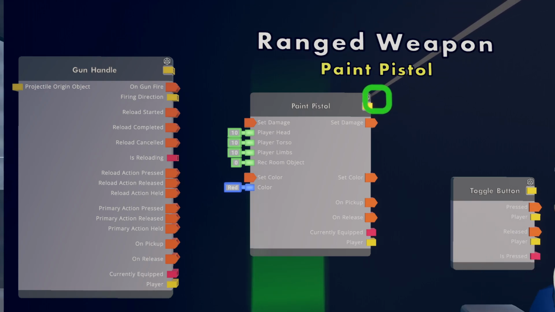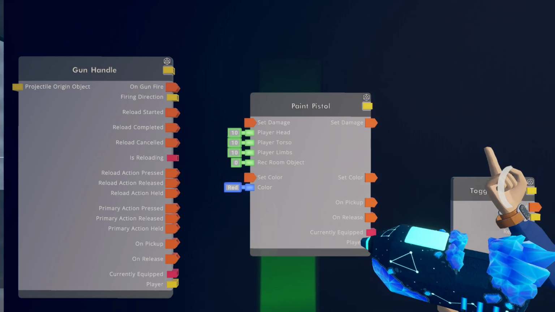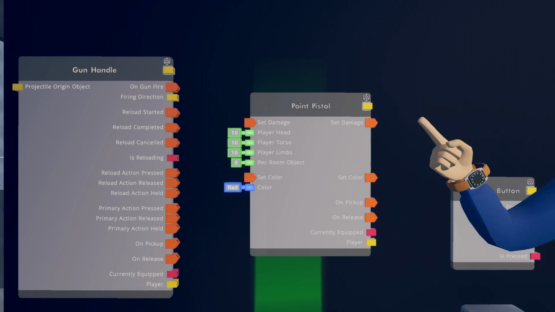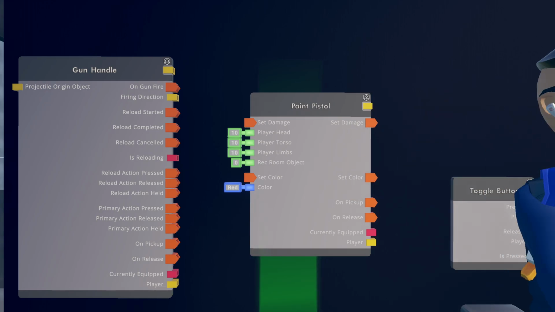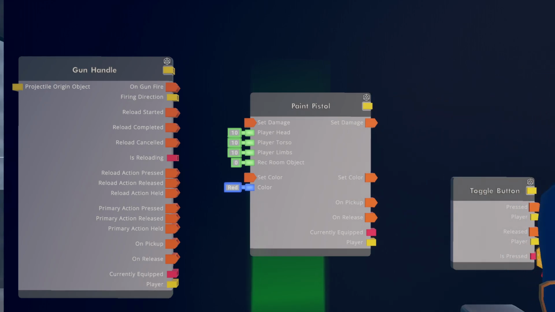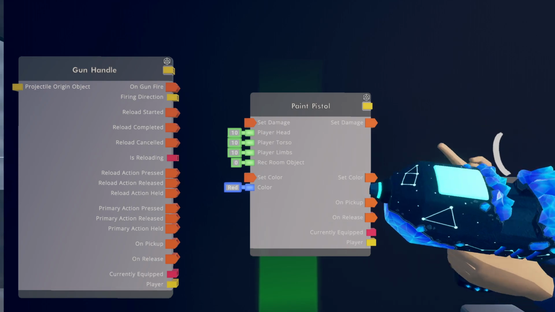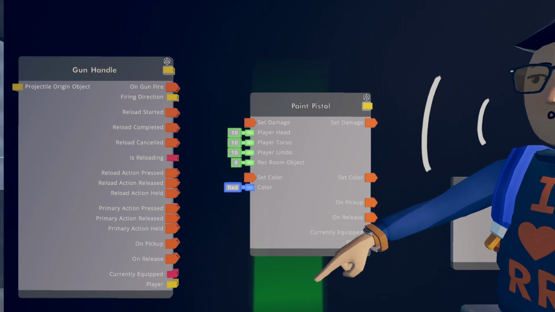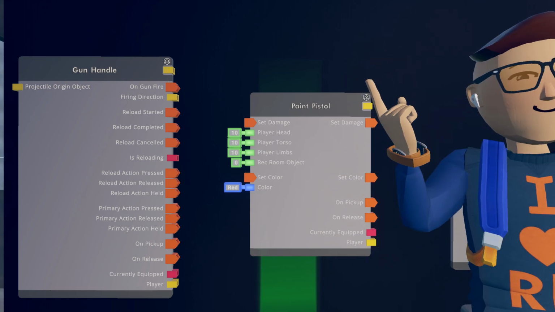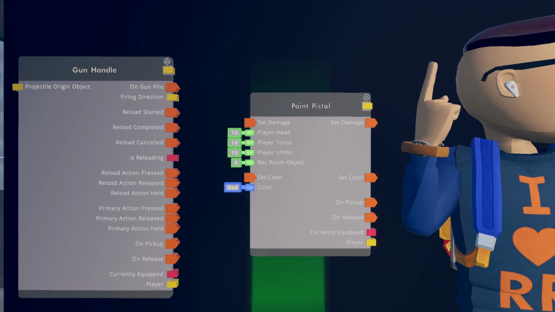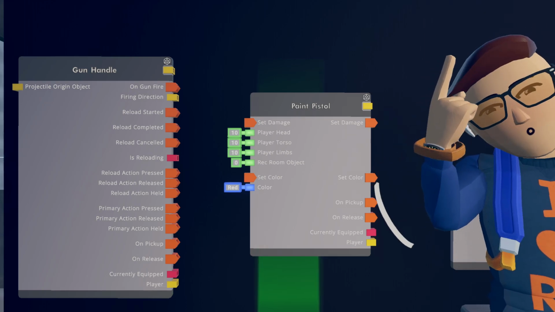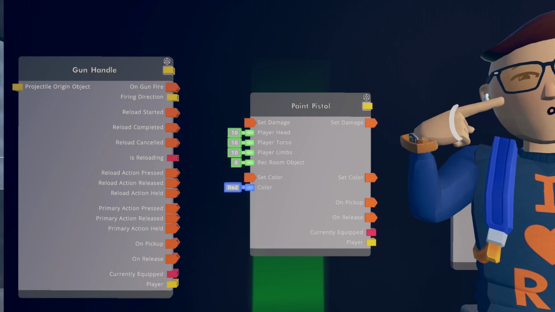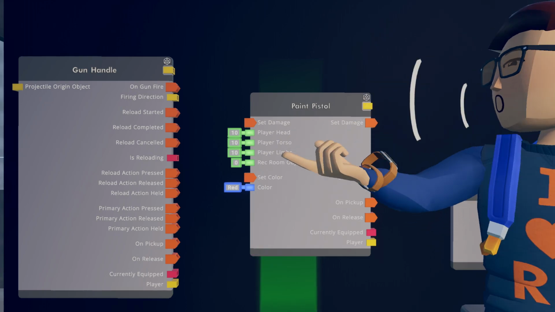There's also a reload canceled, if for instance you're on VR and you let go before you finish reloading, or if you're on screen and you drop it before you finish reloading. And most importantly, there is an object hit event, and there are also player hit events. There's a bunch of hit events inside it, which will run when the bullet that you shot out of it has hit something. So if I take out the pistol and I shoot somebody and the paintball hits them, it will run player hit. If I shoot it at the ground and I hit the ground, it'll run an object hit event.